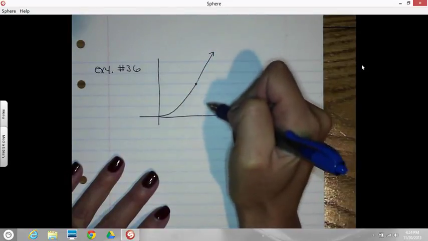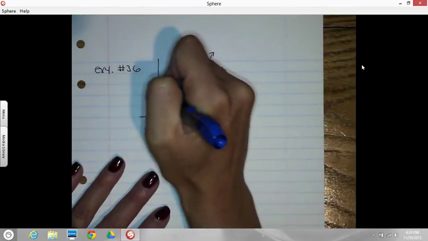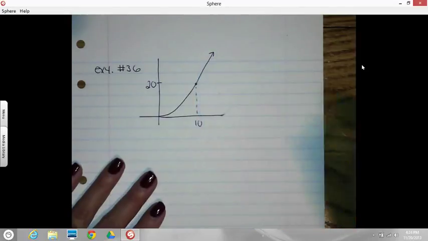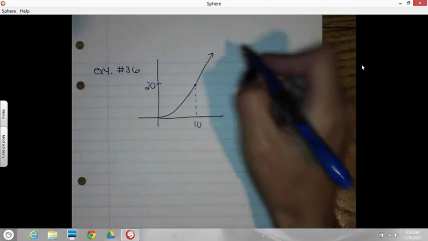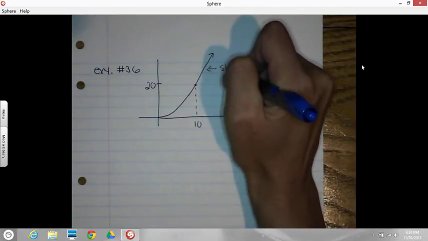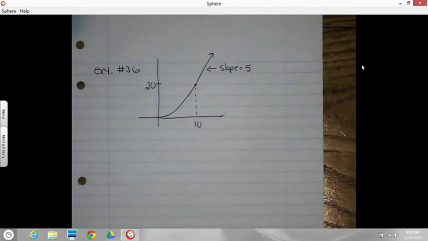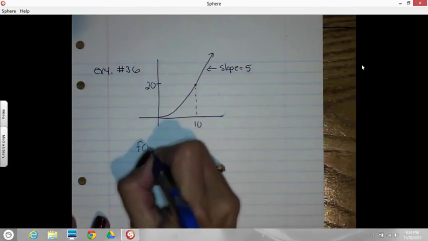And that happens at 10, 20. So what we need to do is come up with, and it tells us, the slope of this line is equal to 5. So the slope of the linear part, so far we know for this function